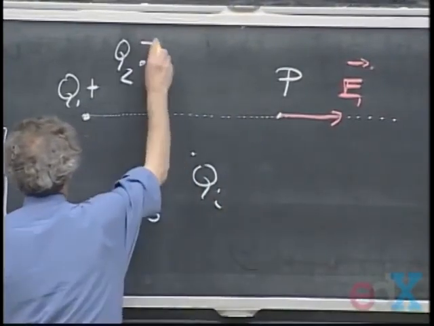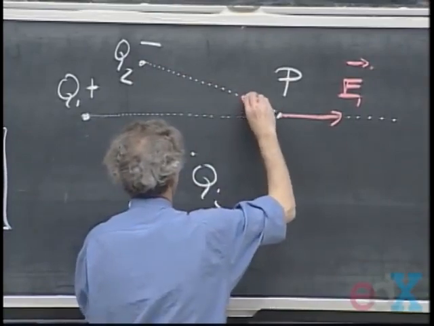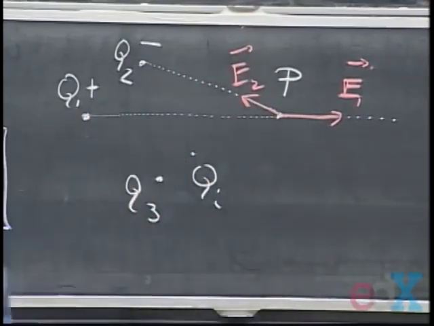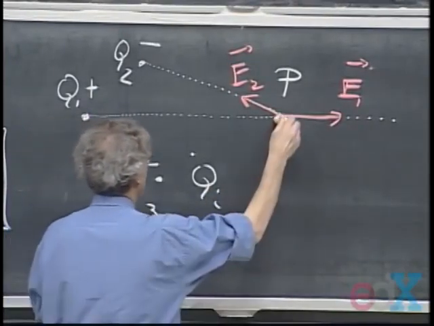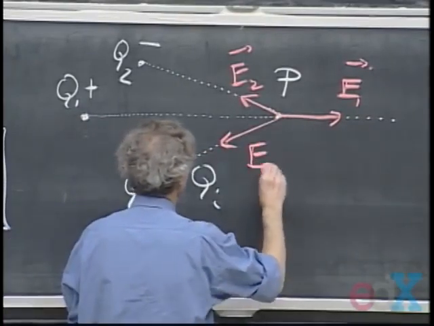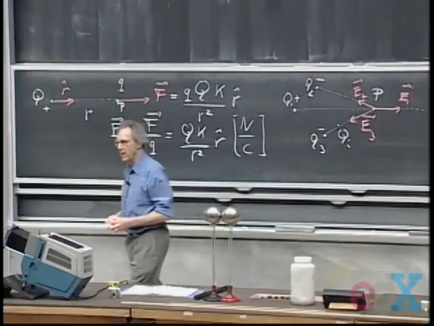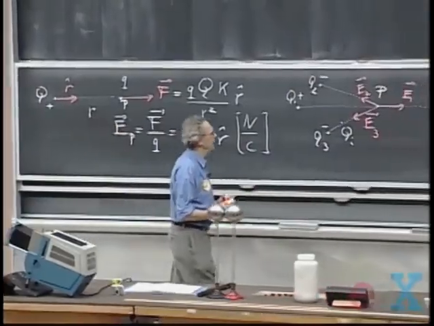If Q2 were negative, this might be a representation for E2, pointing towards the negative charge. And if this one were negative, then I would have here a contribution E3, and so on. And now we use the superposition principle, as we did last time with Coulomb's law, that the net electric field